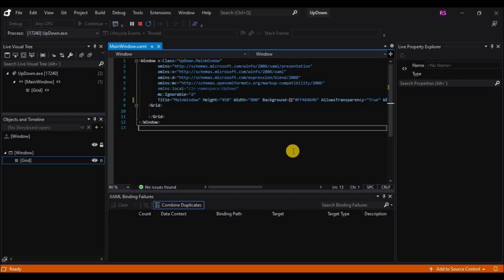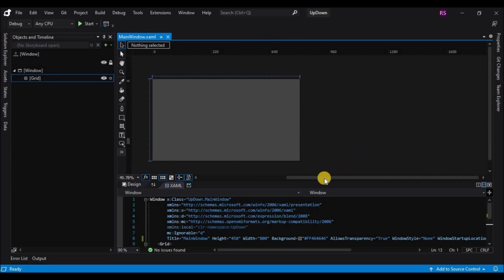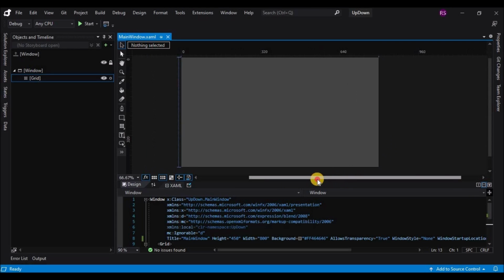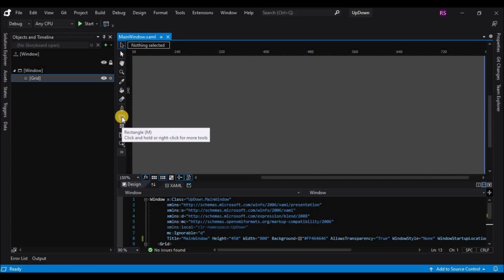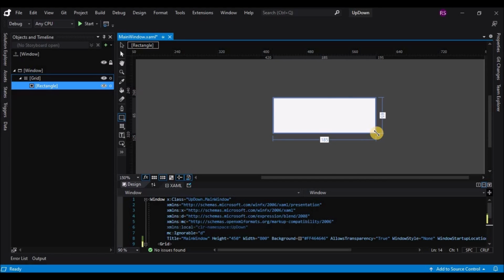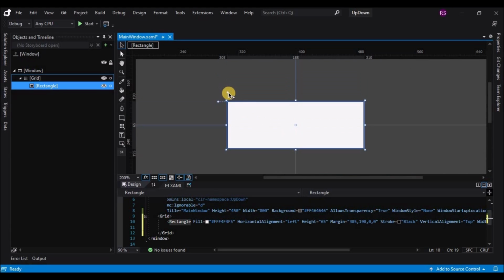So you can see this is maximized. So let's go back to the window. I'll stop the application and now let's start with the actual design of the button. So for that I will take the rectangle tool from the toolbar, drag it to the desired size and change the border or the edges to a rounded rectangle.